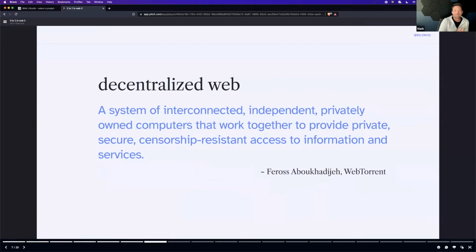So this is the last definition here. This is my favorite definition of a decentralized web, and it was by one of the founders of WebTorrent. The reason I like this is because it talks about both layers. So it's a system of interconnected, independent, privately owned computers that work together to provide private, secure, and censorship-resistant access to information and services. Okay, so this is talking about that underpinning layer, but also